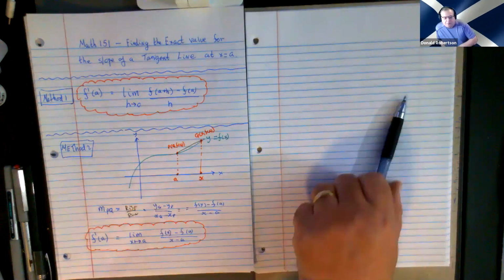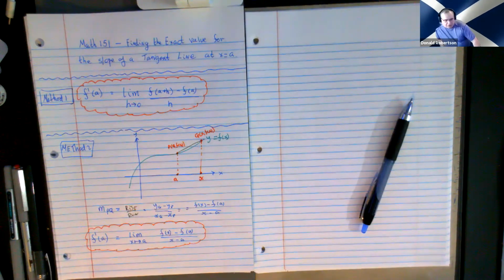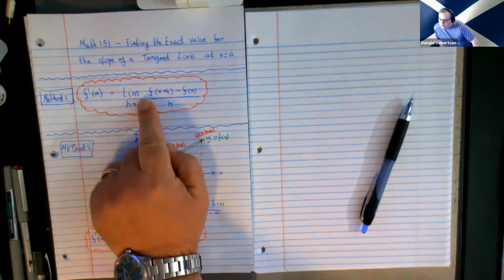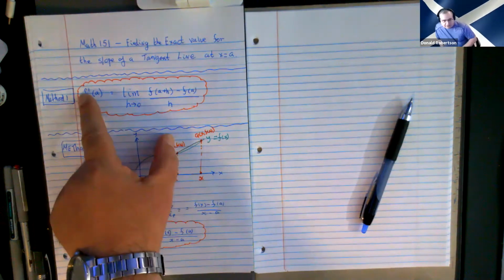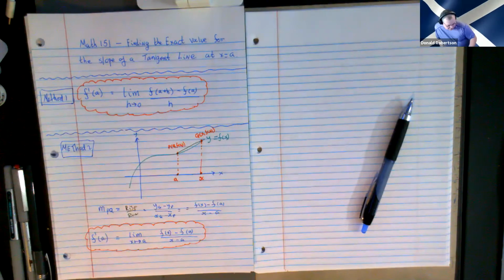How to find the slope of the tangent line at x equals a. Yesterday, we used that a lot, didn't we? And we found out how to do quadratics, square roots, and fractions. And we did it with numbers, and in this case, we did it also with letters. And that is my go-to method. If I have to do it,